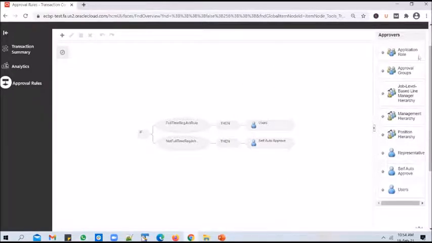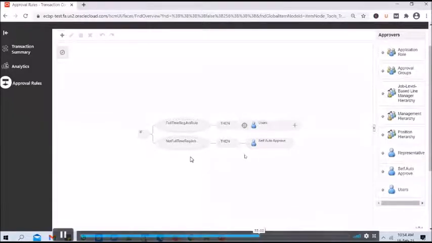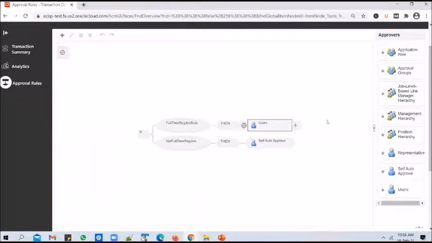So you can use one or any combination of these approvers in any of the routes, in any of the branches. Okay, so don't think that you can use only one, since we are using only one in the training session. To keep it simple, we are using one to avoid the confusion, but you can send it to any number of approvers here in any of the branches.